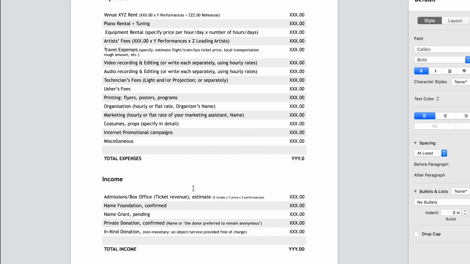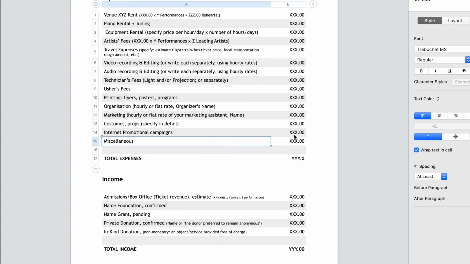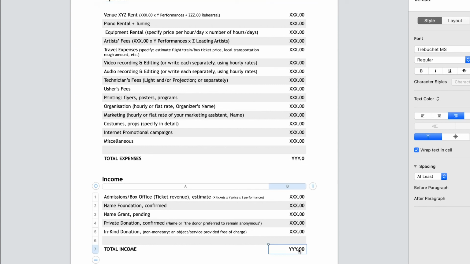Add another expense. Add another service that would be great to have, or maybe write out some price. Make it bigger. If, once again, it's vice versa, if this number is bigger than this number, again, this is not cool. It means you're a bad organizer. It just means that you are going in debt. You're not going to pay yourself, or you're not going to pay one of your contributors well enough. It's something not specified. Once again, the foundations will not feel that you are reliable.